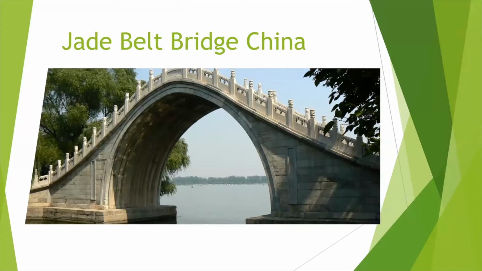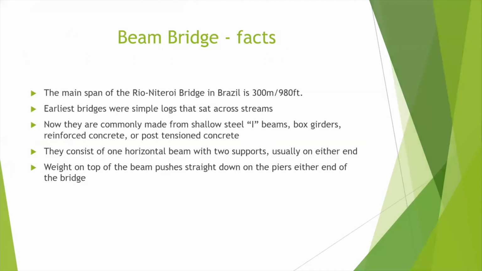And then this one is the Jade Belt Bridge, again in China. There's one really well-defined arch there. I'm not sure whether it's a vehicular bridge or a pedestrian bridge, because it goes up quite high there and then goes down, but then Dartford Bridge does that as well. And it's vehicles, so I wouldn't be surprised. So that's another beautiful one there.